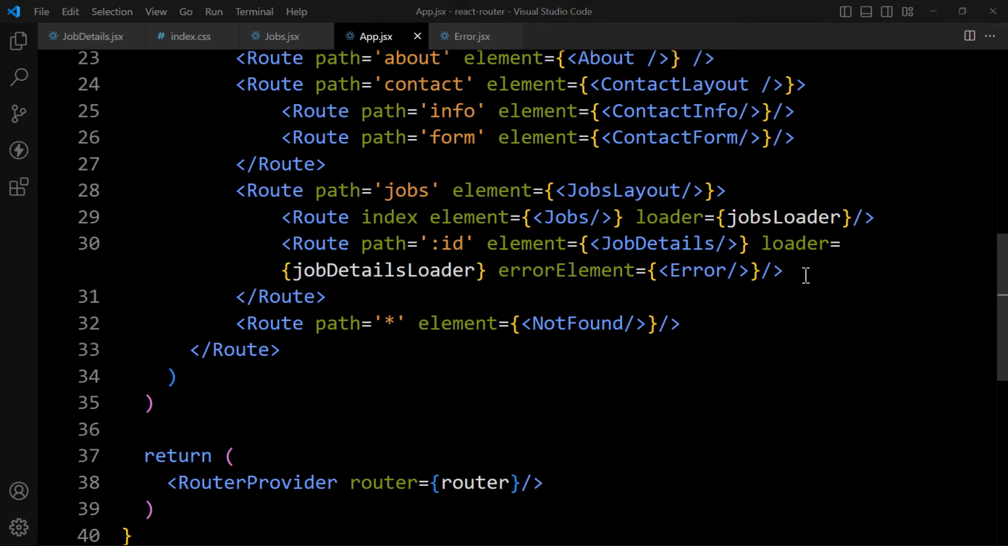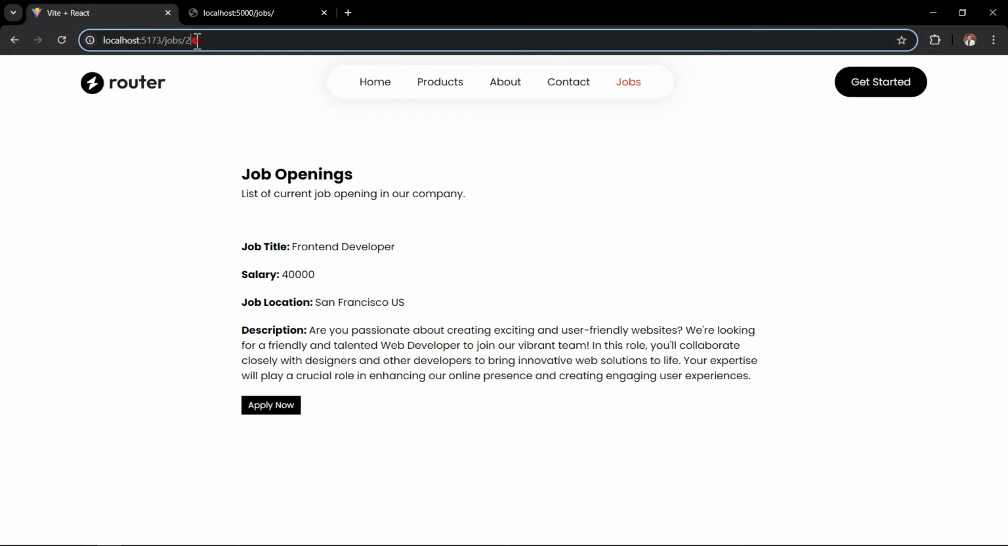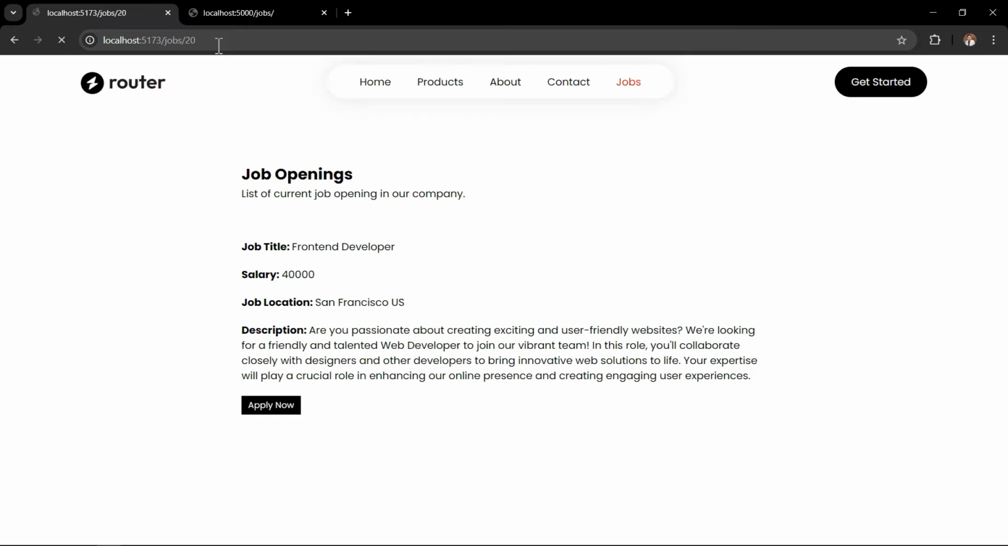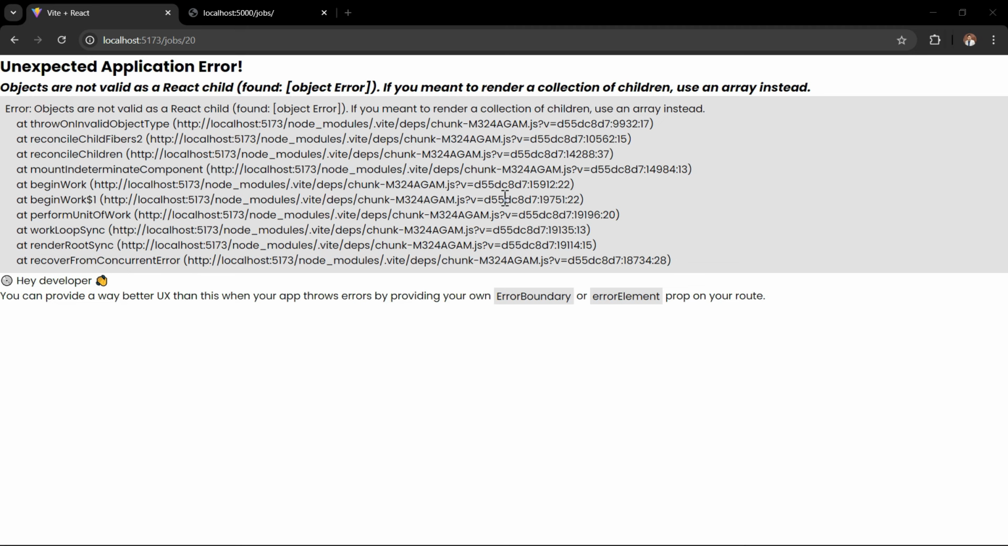So let me just come back, open our web page, click here. Now we have this job description page, and here if I change the ID, let's say 20, press enter, here we are getting this error. So let me just come back,